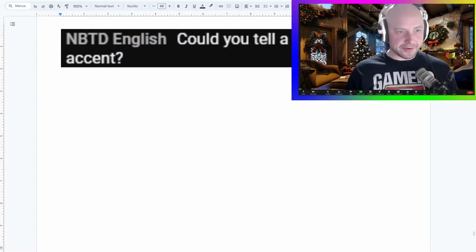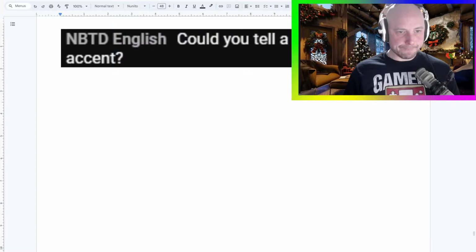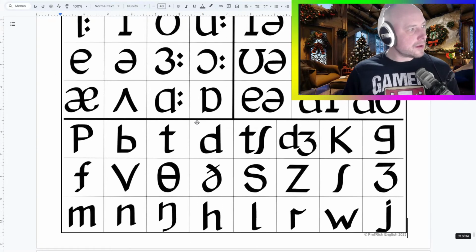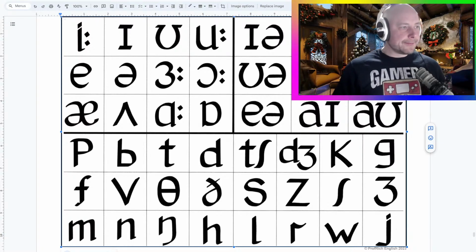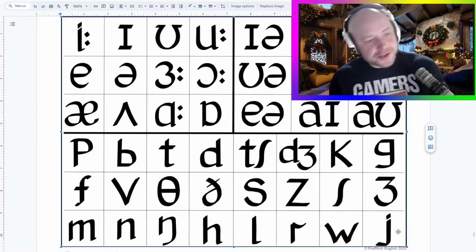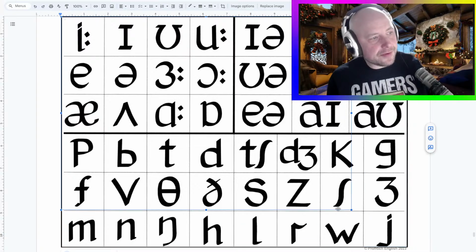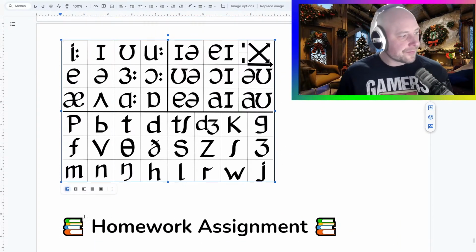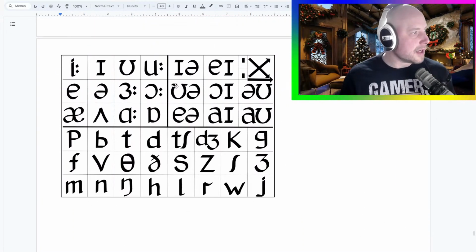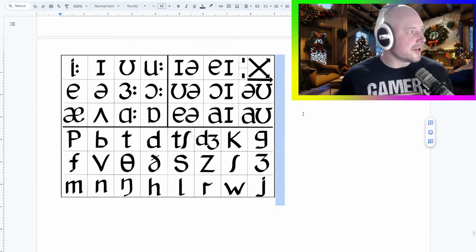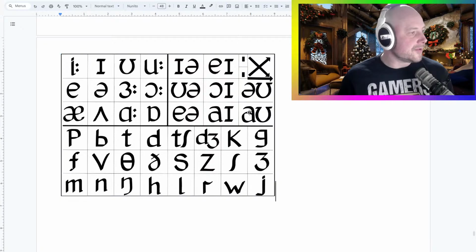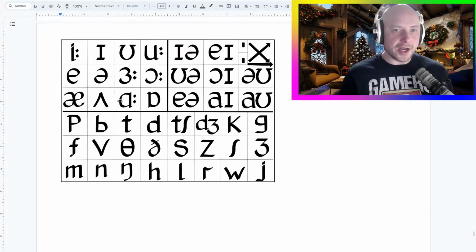I do have a phonemic chart somewhere, by the way. Just give me a moment. Ta-da! There it is. Right. So, key parts of the chart, if you want RP. How do I draw on this? I don't know how you're drawing. It doesn't really work in Google Docs to draw. But anyway, key parts of the chart for RP.